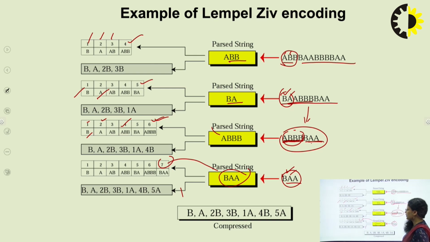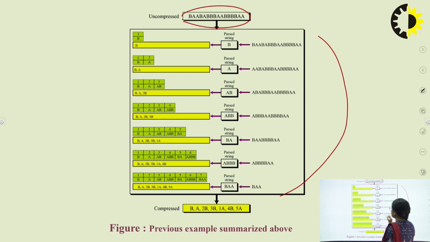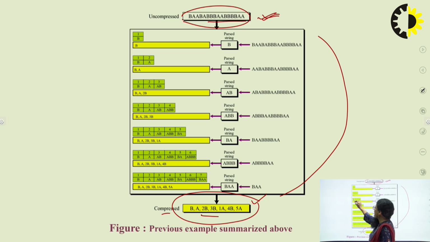Now after this indexing, you can see this is the compressed data that we have. This is our uncompressed data, and after applying this algorithm, if you compare the size, we have more characters in the uncompressed data than in the data string after compression. So this is a technique where we apply indices to the letters and symbols that we are scanning, and at the same time we are compressing them.